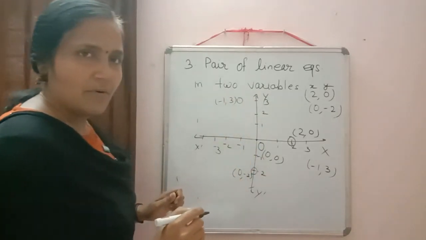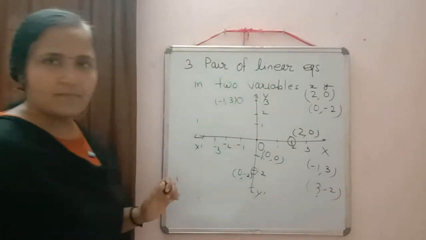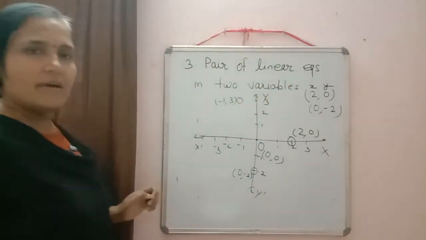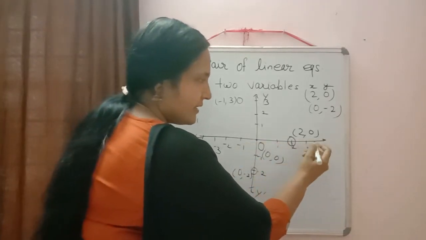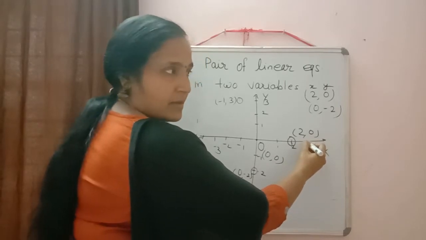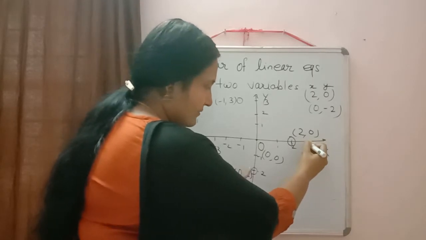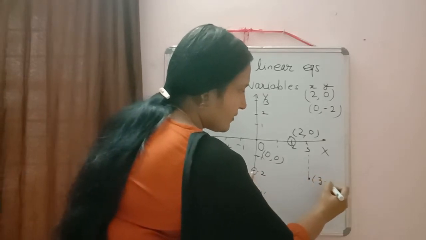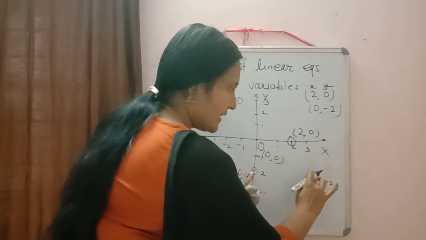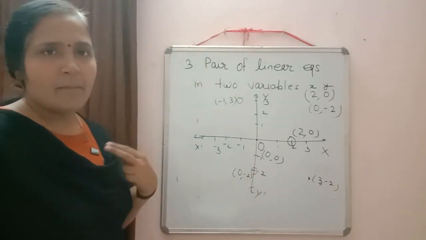One more, can we do? Okay. So how can we plot the point (3, -2)? Where is the point x equal to 3? Yes, on the right hand side of x-axis. We have here x equal to 3. Now we moved 2 units along the y-axis, but on the negative side. Negative side is here. So this will be the point (3, -2). Don't draw the lines there. Directly you can plot the point. In graph book it will be easy to plot the points.